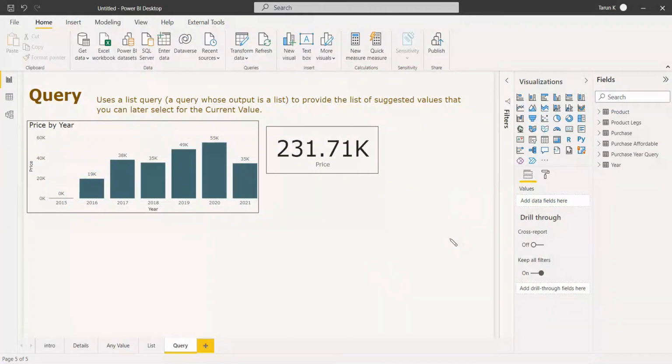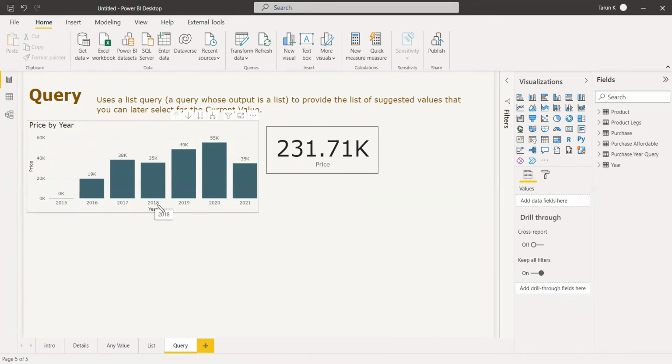So now we are on the visualization pane, and I have already selected a clustered chart to get the actual values with respect to the year, the price, and the total price. This I have already created just to compare with the one we are going to create, because we have taken only 2018 as the parameter.